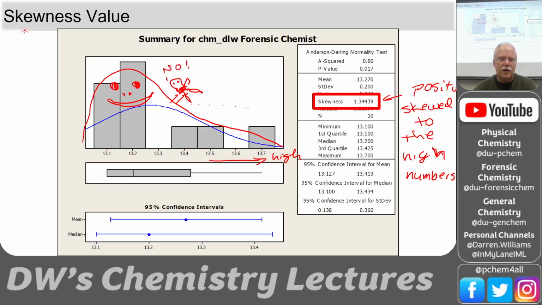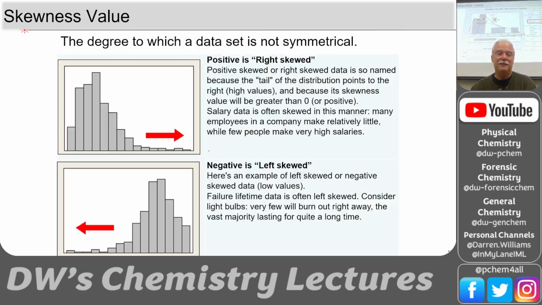Okay. So where's this tail go? That's when we talk about the tail of the distribution. We know Jabba the Hut has that long tail, and the tail goes to the high side. So now you won't look at skewed data without seeing Jabba the Hut. So my work is done here. See you later. Okay. So here, positive is right skewed, but this is a bad way to think about it